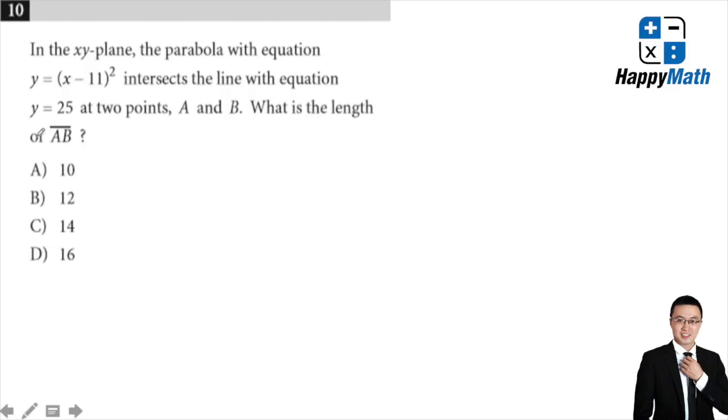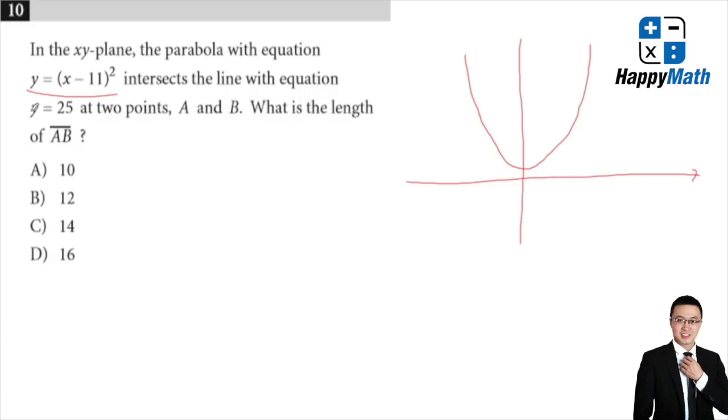The xy-plane has a parabola with the equation, which intersects the line with the equation at 2 points, A and B. What is the length of AB? Okay. What we have here is a parabola with the coefficient of x squared positive. It will be graphed like this. And the second graph is y equals 25, parallel to the x-axis. Here are point 1 and point 2, corresponding to h1 here and h2 here. I will find the coordinates of h1 and h2 and subtract to find